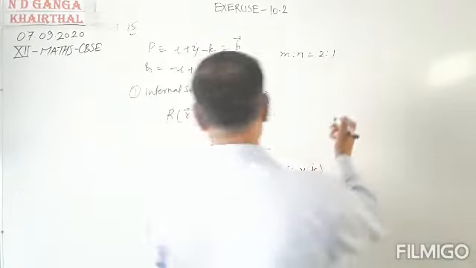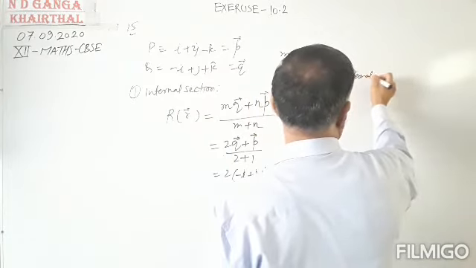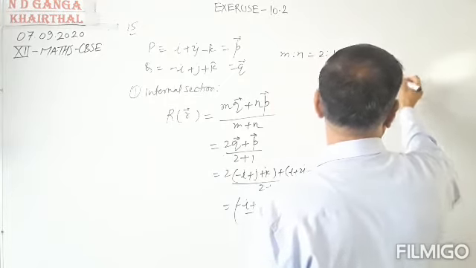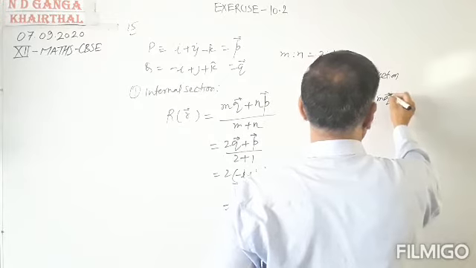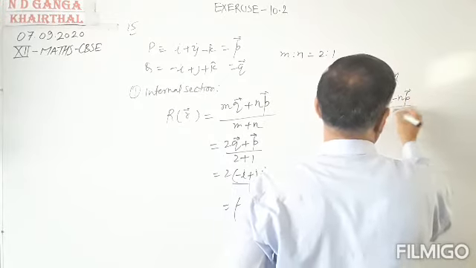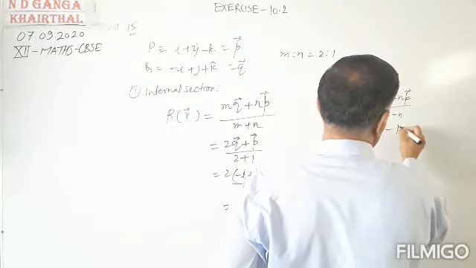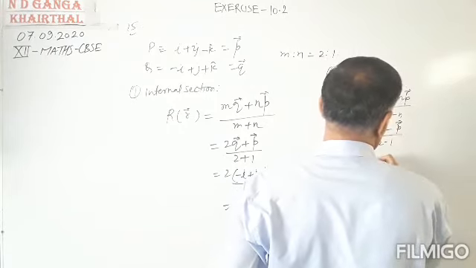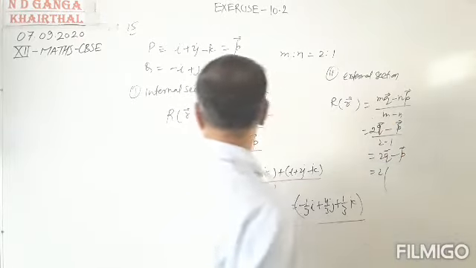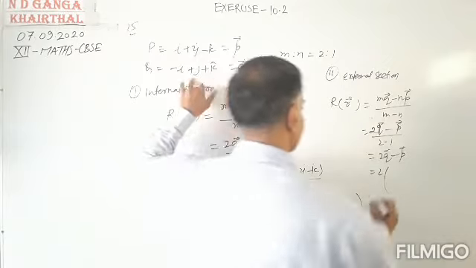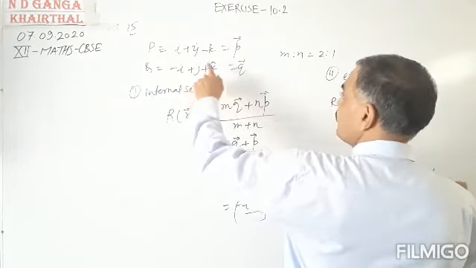Okay, the second one is the external section. In the external section, the position vector of R is given by (n Q vector minus m P vector) divided by (m minus n), which equals (2Q vector minus P vector) divided by (2 minus 1), which equals 2Q vector minus P vector. 2 into Q vector is given as minus i cap plus j cap plus k cap, minus P, that is